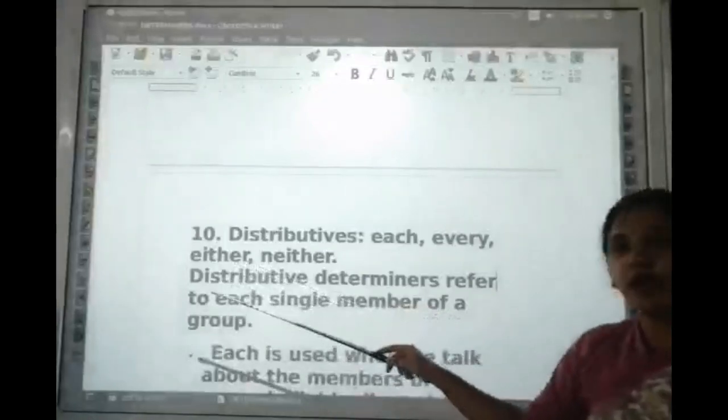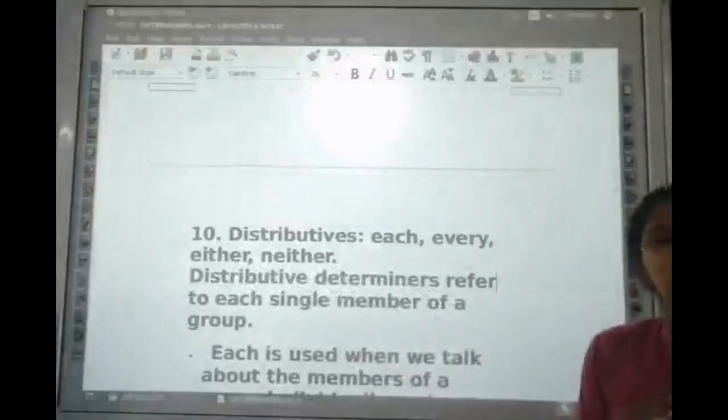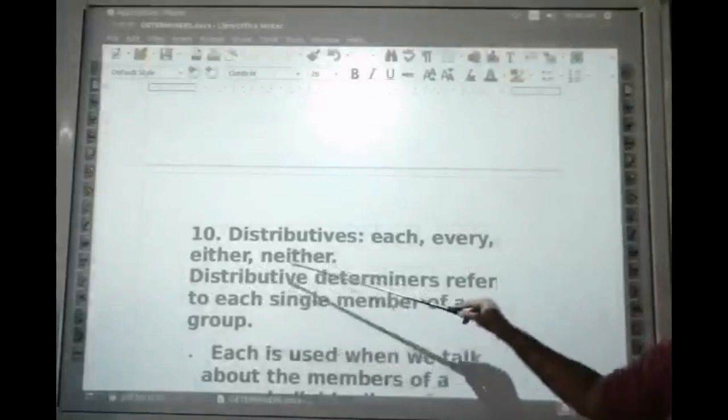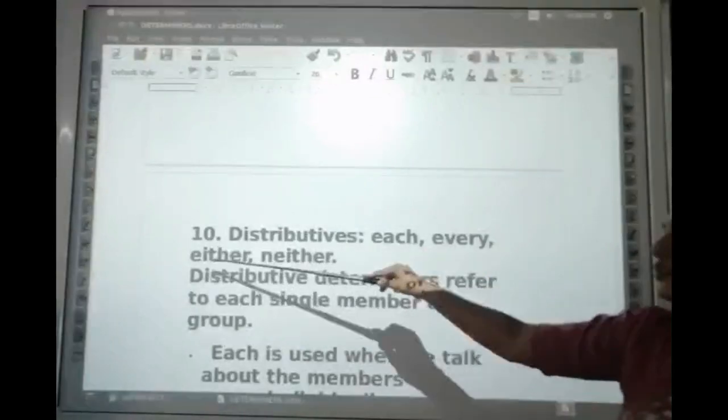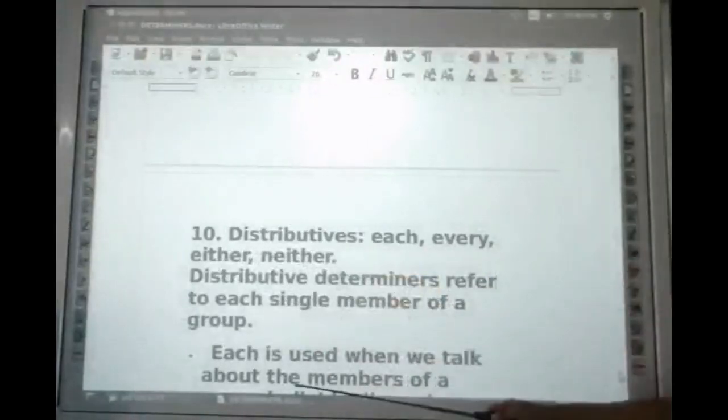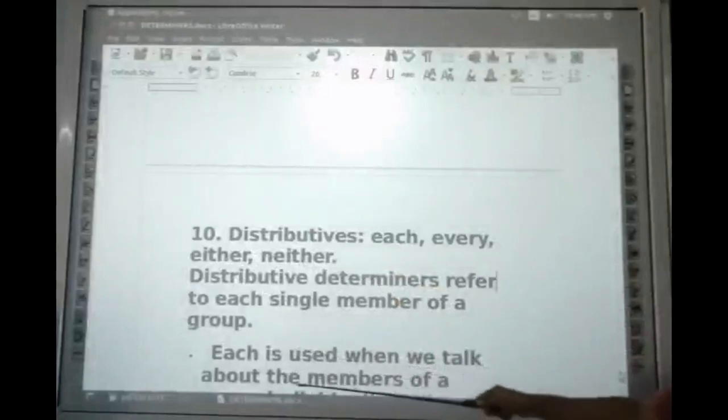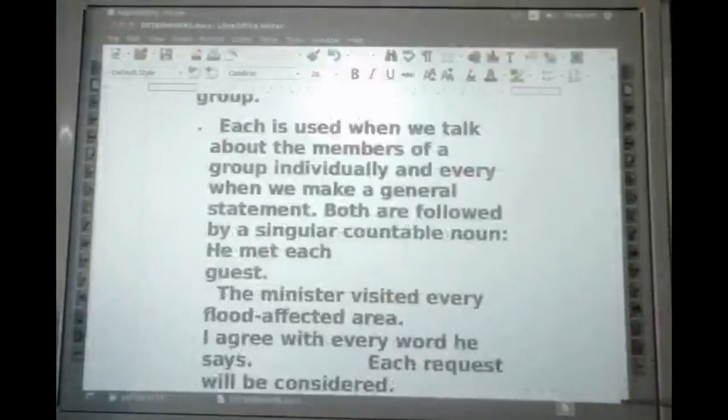Either is used when there is a choice, neither also when there is a choice, but in the negative form we use this and in the positive form we use this. Like each is used when we talk about the members of a